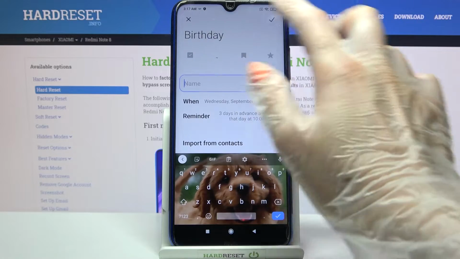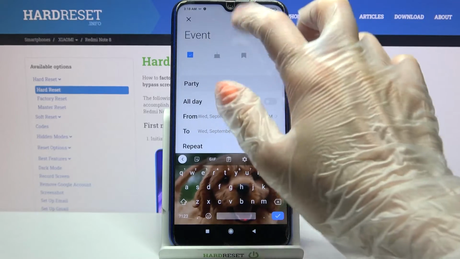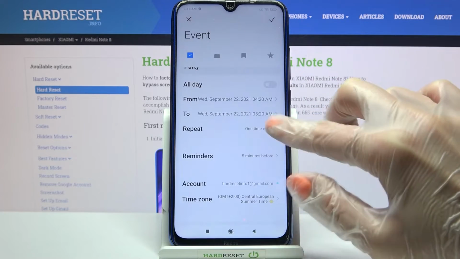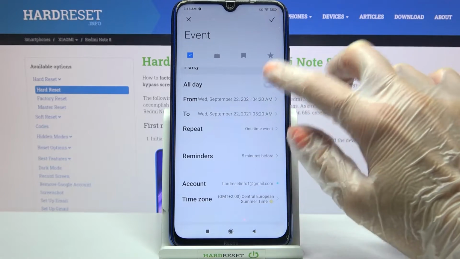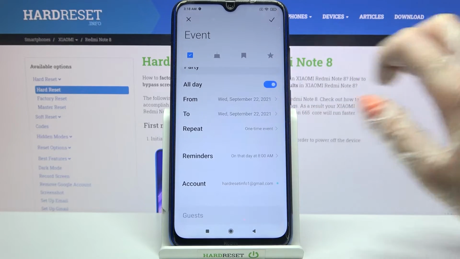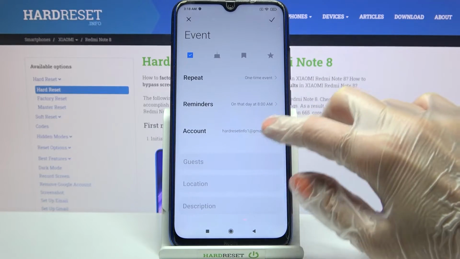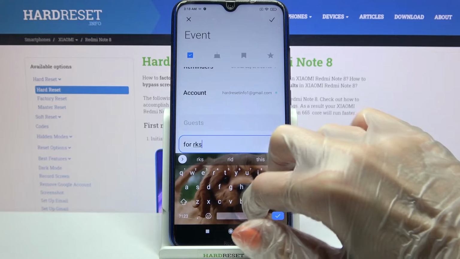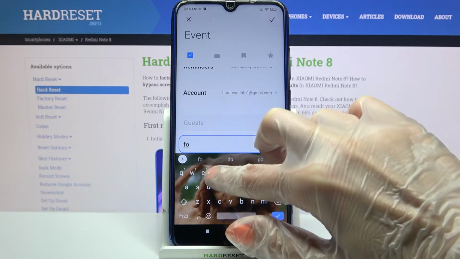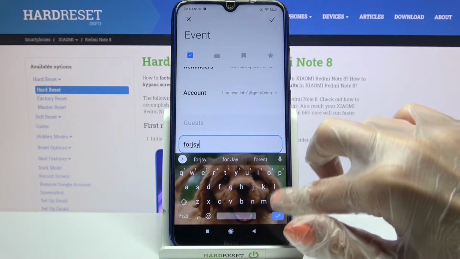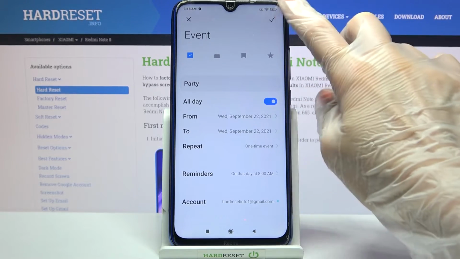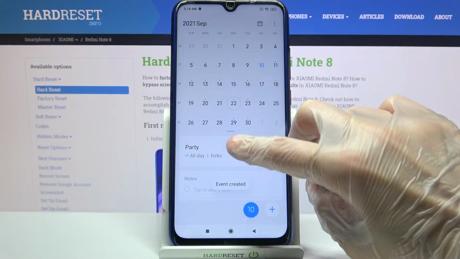Over here you can pick one of the occasions. You can pick starting hour, ending one, or turn off this feature completely by clicking on the switch next to all day. You can also set up notifications, add guests, choose location, and some other things. When you're done, click at the top right corner and as you can see, my event